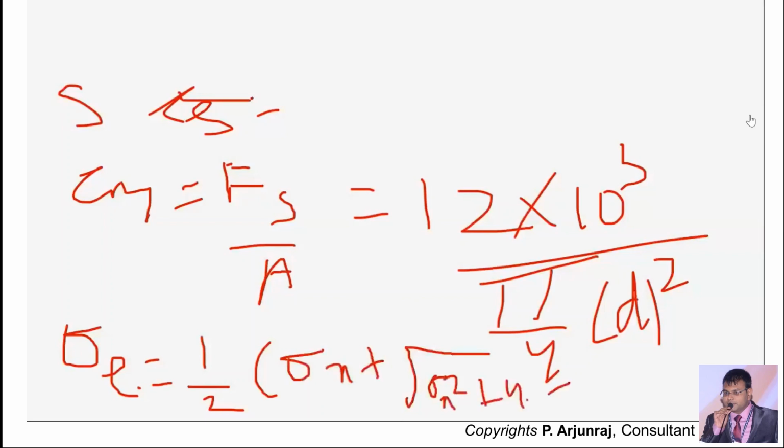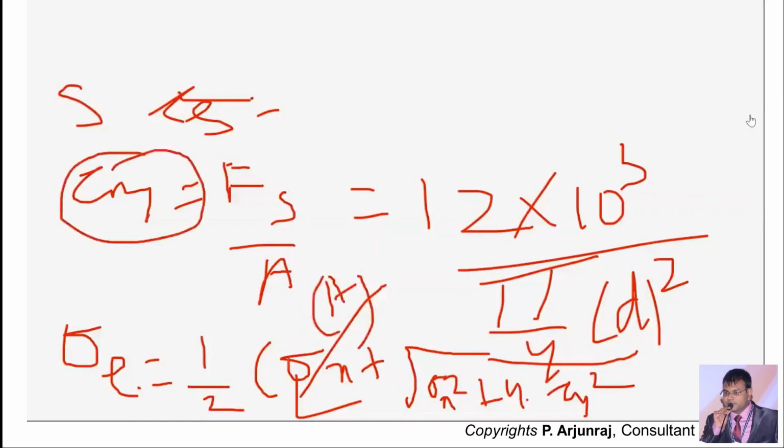plus 4 into tau xy square. Okay, you know sigma x, you know the formula. But what we have done is we have written the values in terms of A. In terms of A, area is nothing but pi by 4 d square. And similarly tau xy is also going to be in terms of area, or in terms of d. So here also you have area, here also you have area, which is nothing but pi by 4 d square. So when you directly solve it,